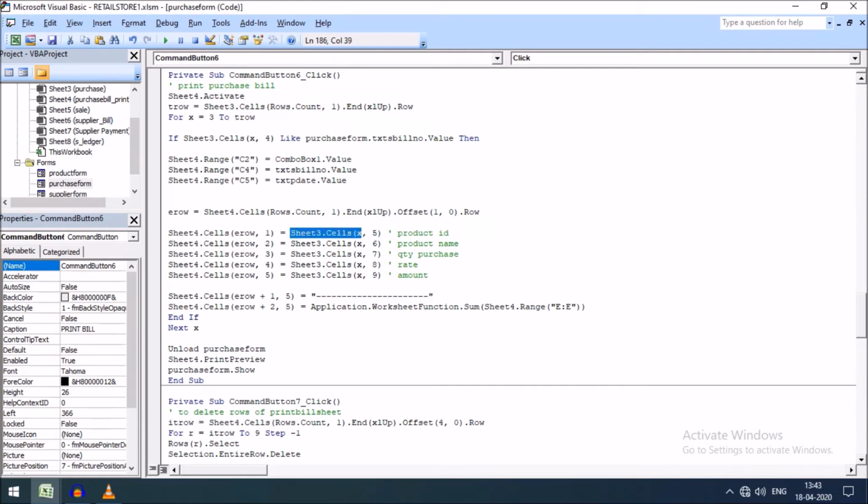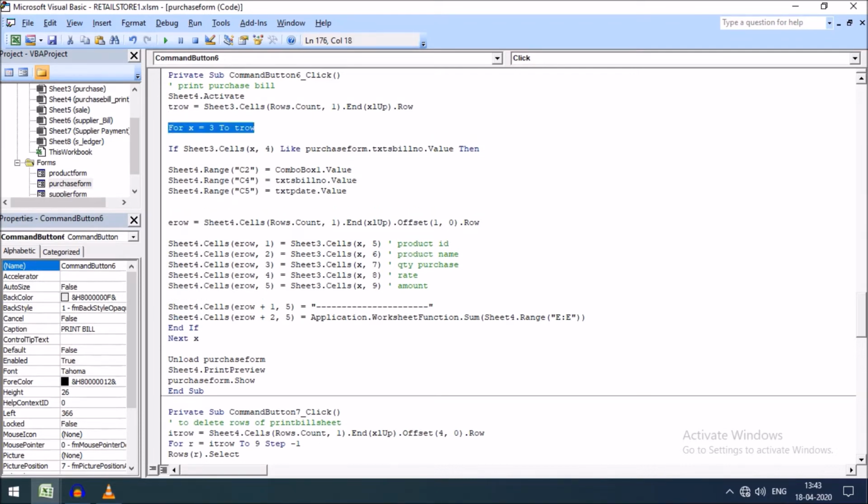From sheet 3, you can see this is where the loop started, and I have taken the reference of x, that means product ID from sheet 3, and product name, column 6 of sheet 3, and product quantity, column 7 of sheet 3, and product rate, column 8 of sheet 3, and amount, column 9 of sheet 3, has been assigned to the fifth column of sheet 4.